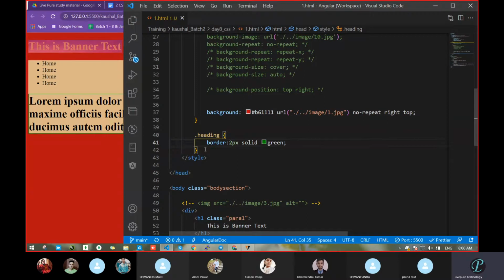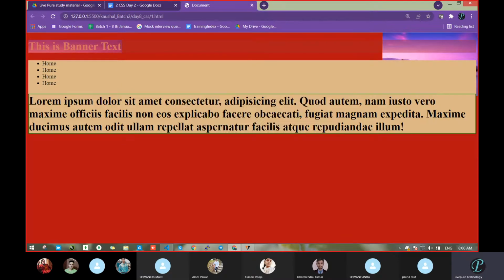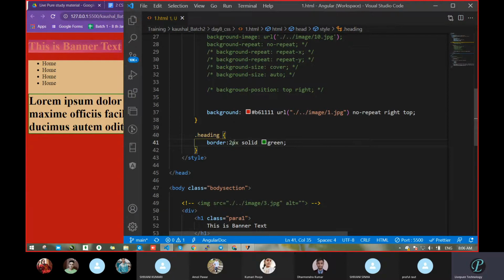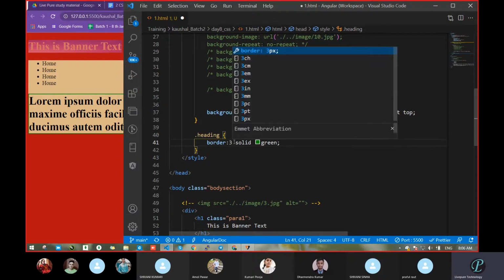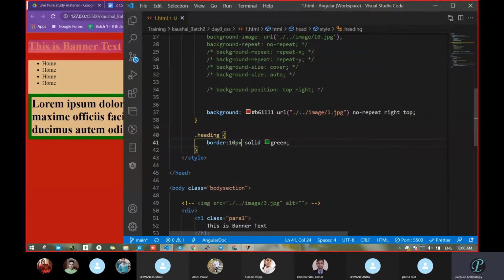Now we got the border. See, this particular section has become the border. Now I don't want this border, I want a different border. Okay, let's check that. There are other values for the unit property. In the case of unit, we can pass other things like percentage and EM. Let's go with 32. Oh, sorry, it became too much. Go with 10 pixel first. We got a border in that way.